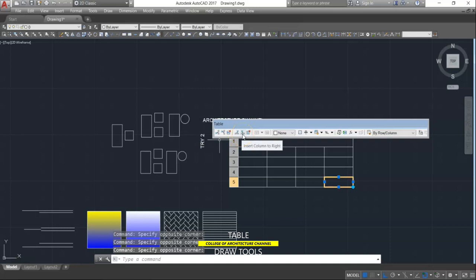Let's insert to the right side. Now on the right side, we have an additional column. And let's insert additional rows at the bottom of row number 5. So let's select this one. Okay, insert row